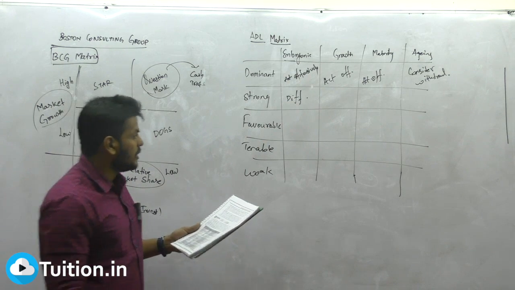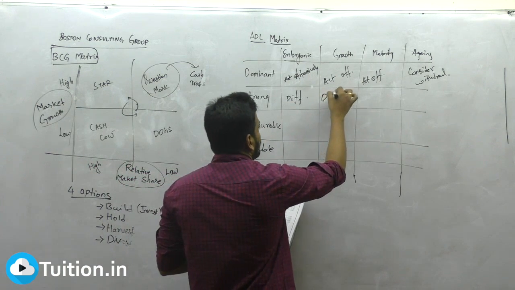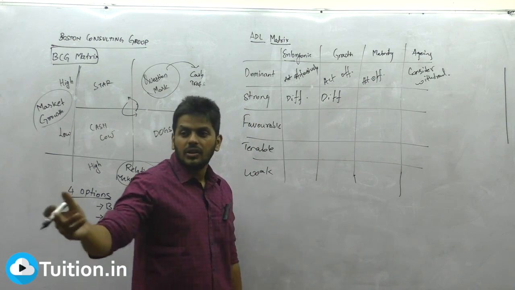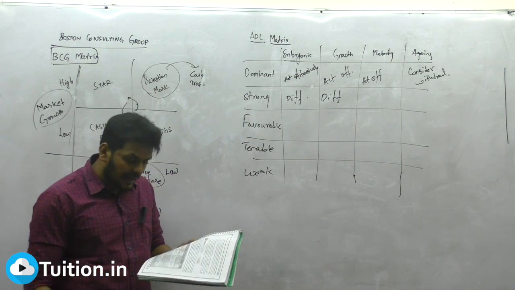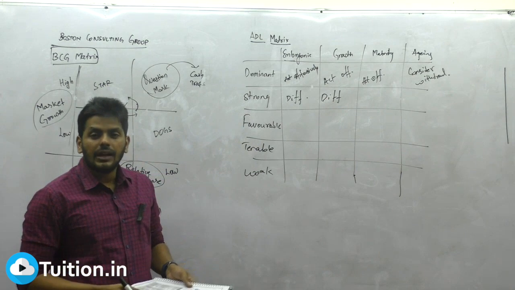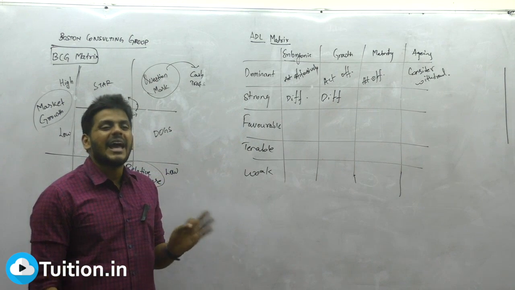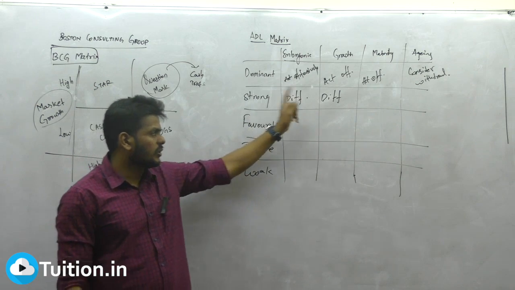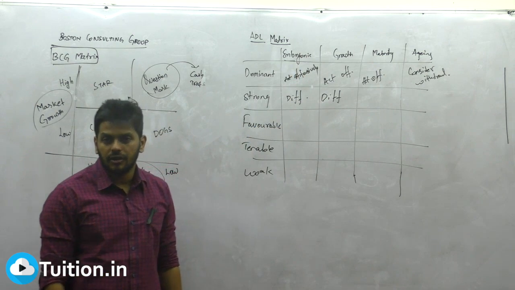Then continue that unique feature. In the growth stage, don't give up. Because when you are growing, if somebody else comes up with the same unique feature, your growth will come down. So don't let that happen. Differentiate. Try to keep the cost low and attack small firms. When you attack small firms only, you will continue to be a stronger firm.